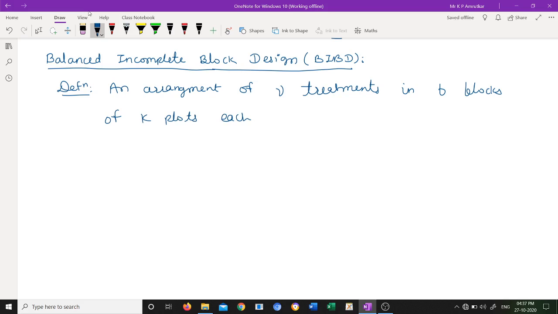Suppose there are V treatments and B blocks, and each block has K plots, meaning each block has size K. Here K must be less than V, because if K is equal to V, then this becomes an RBD. So when the block size is less than the number of treatments, it is known as BIBD